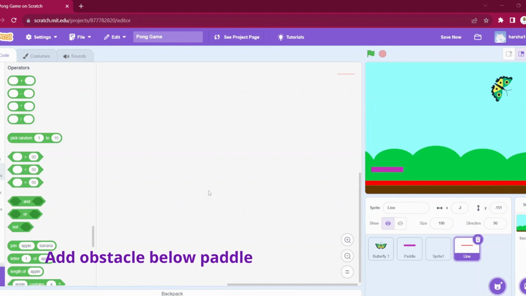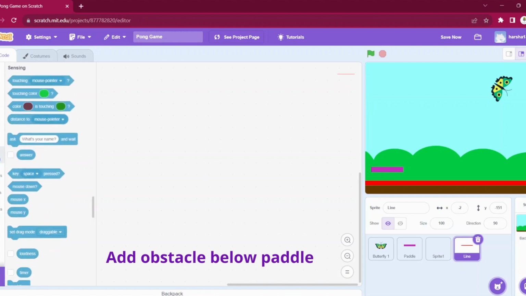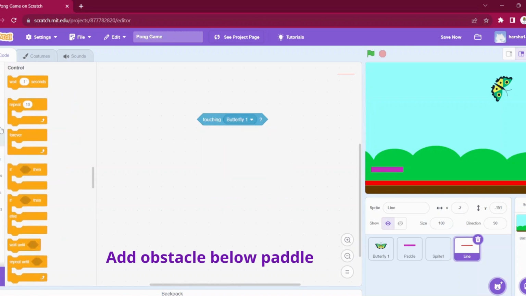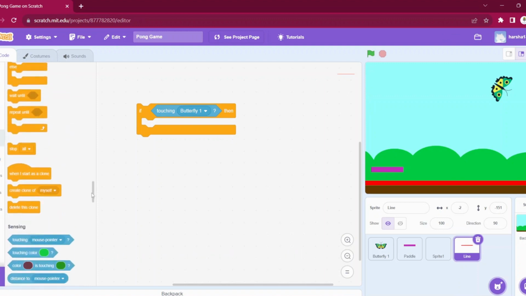For this line, we can add code like if it is touching the butterfly, it should stop the game, right? So let us go to sensing, touching pointer, we can add here butterfly, and we will need an if then block again, and I'll add this touching butterfly in this if block, and after that we want it to stop all, and we will need a forever loop to cover that,